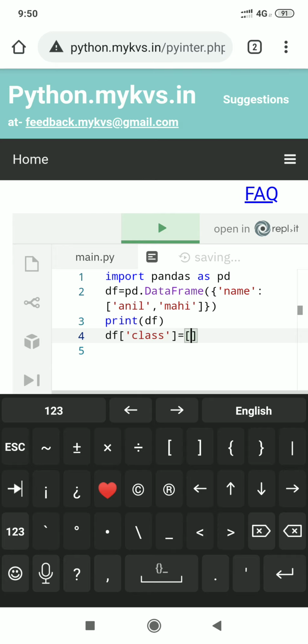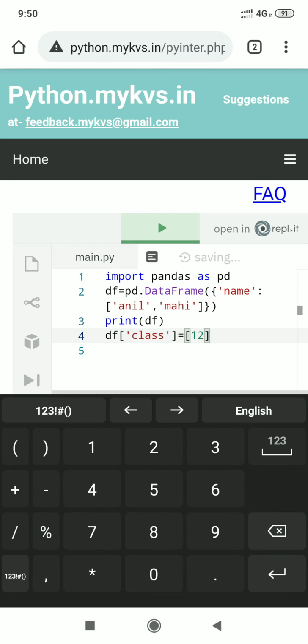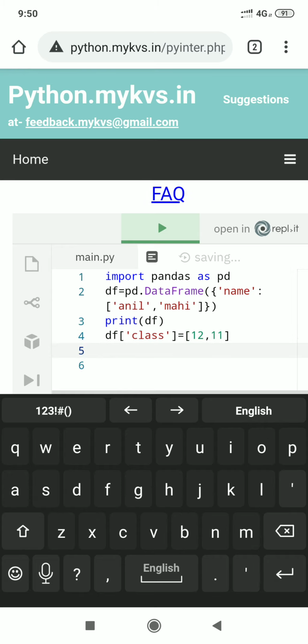We can pass a series also. So here we are passing a list. First value class 12, second value class 11, and then we display the value of df.